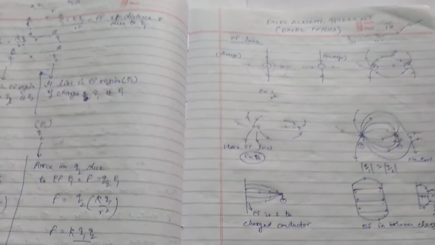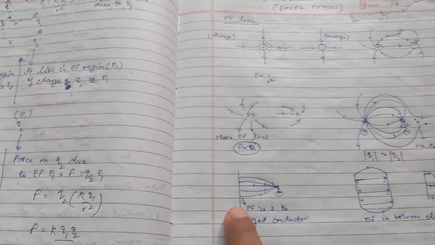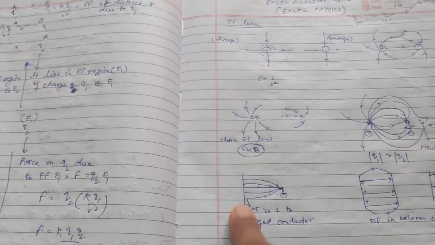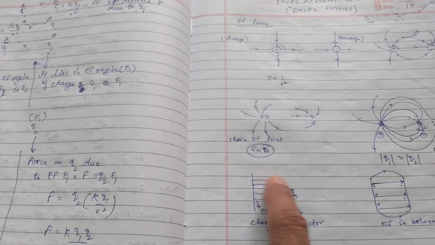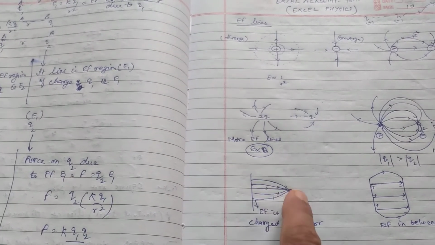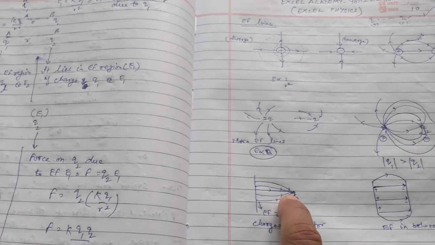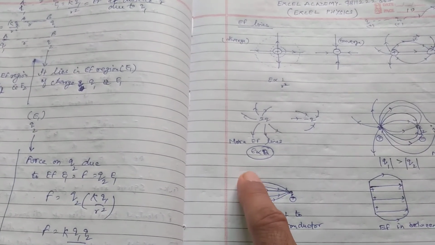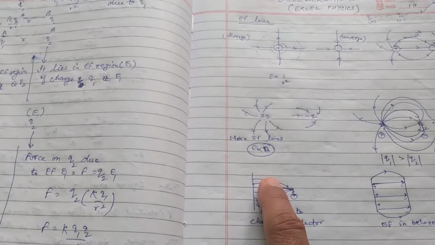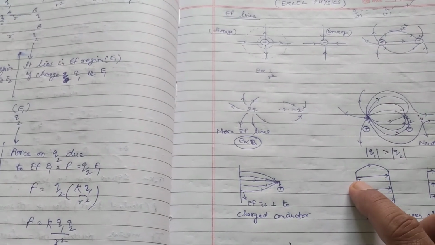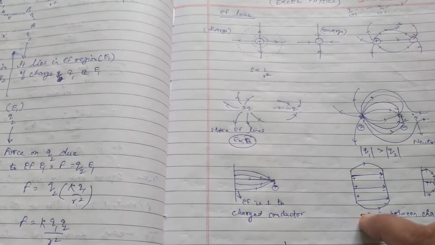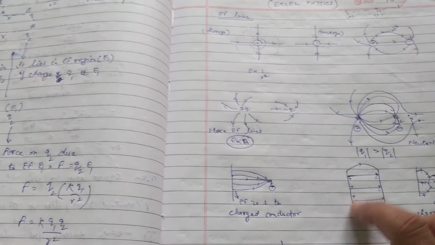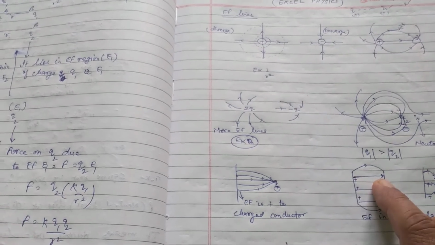Now this is the charged plate or charged line or charged wire. This is, say, positive because we are showing the direction in this manner, and it terminates at this point. It means this is a negative charge, and electric field lines are directed normal. So electric field lines are always directed normal to the charged body or charged plate or charged surface, and they terminate at negative and originate from positive charge.